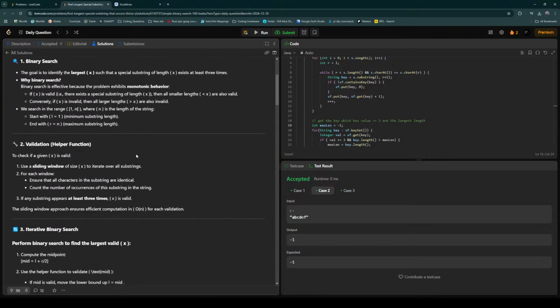Use a sliding window of size x to iterate over all substrings. For each window, ensure that all characters in the substring are identical. Count the number of occurrences of the substring in the string. If any substring appears at least 3 times,